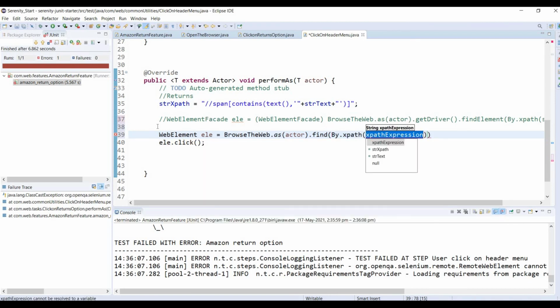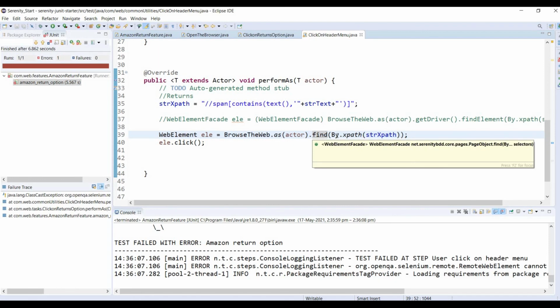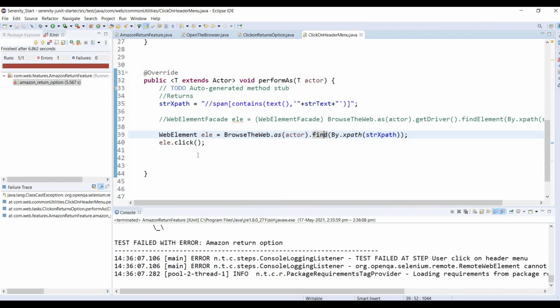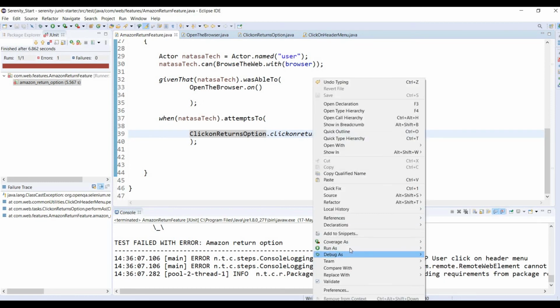So here is how to use this string xpath. See, before, when I used web element facade, I added the get driver method, and after that I could use find element. When I use web element only, I can use the find method, and inside I can use the by keyword. So let's see, I just run again to check whether it is working or not.